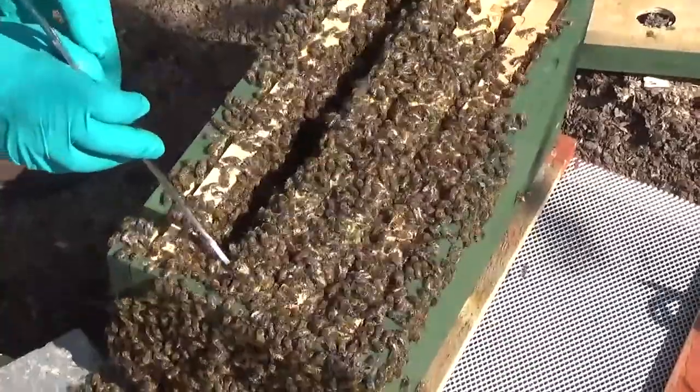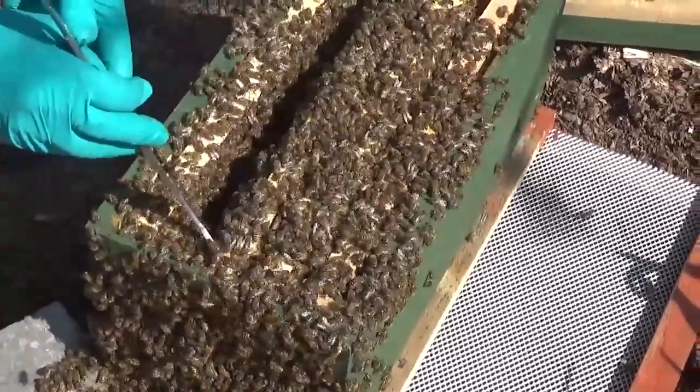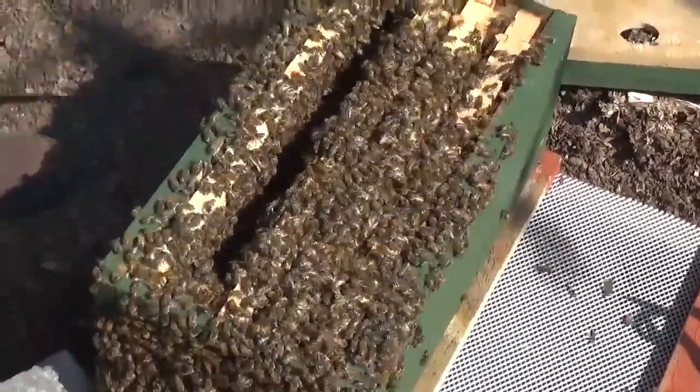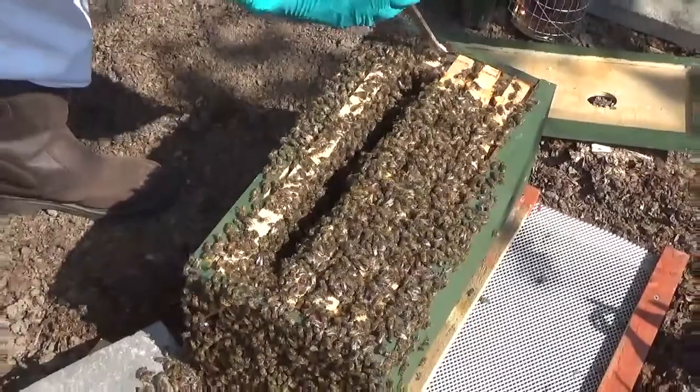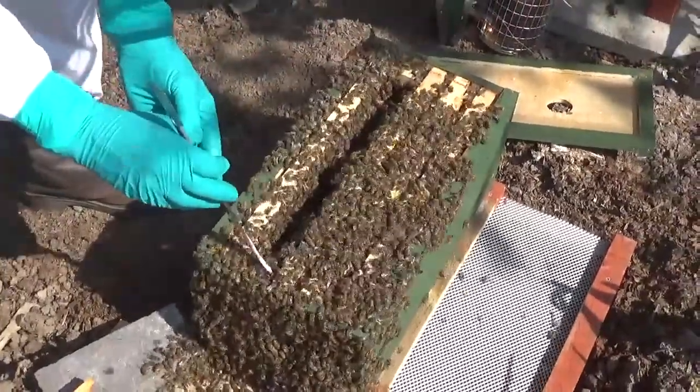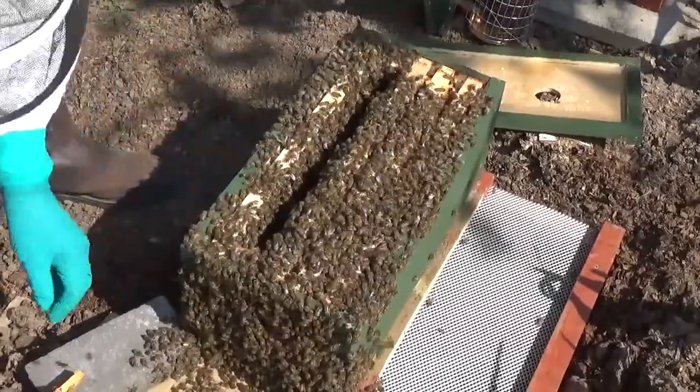These aren't very happy, as you can imagine, at the moment, but we will get there. So we're nearly there now. Just make enough space to drop that frame into the hive. There. So I'm now going to place that